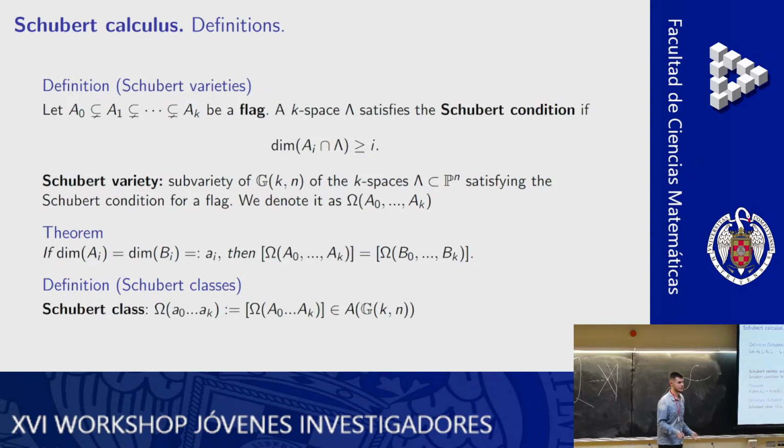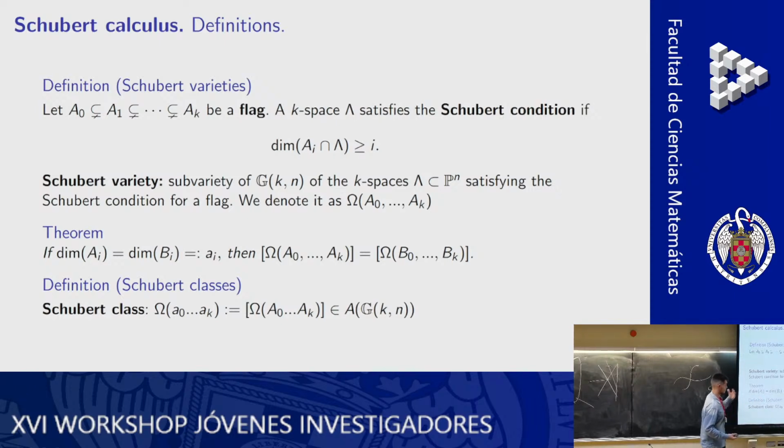So that's a really cryptic condition, but really it serves to generalize this idea of these conditions, like the set of lines that are inside a plane and cut a point inside the plane, or the set of lines that go through a point, or the set of lines that go through a line, or the set of lines that intersect a plane. Those ideas in general are Schubert conditions. So a Schubert variety is the subvariety of the k-spaces satisfying a Schubert condition for a given flag.